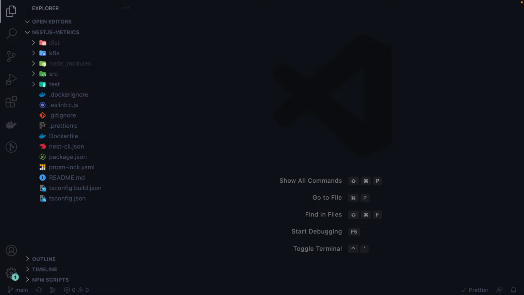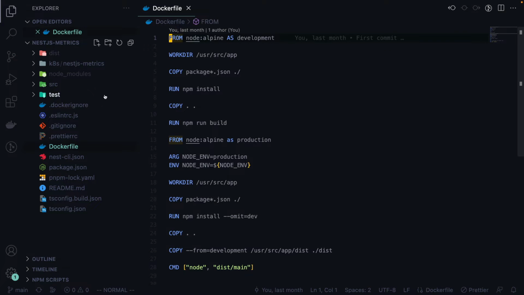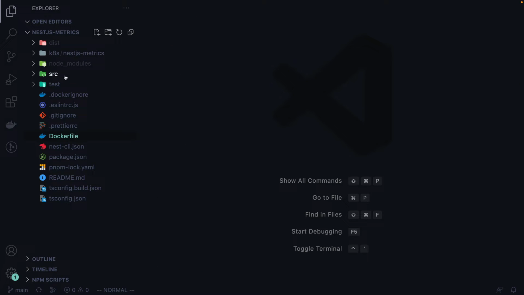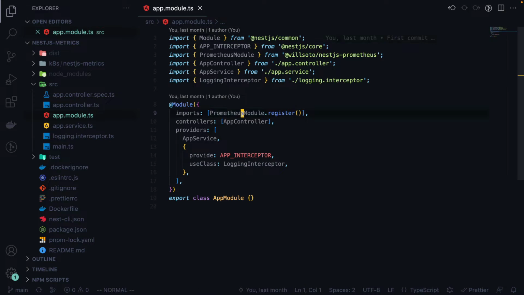So I've gone ahead and opened up the project in VS Code, and since we've already done the work of setting up this Kubernetes cluster in the last video, if you haven't seen that video, make sure you watch to catch up. We created a Kubernetes cluster where we actually Dockerized this application and were able to deploy it to a running Kubernetes cluster and actually get these metrics exposed and see them in a Grafana dashboard. And of course, we're using this Prometheus module here from Will Soto, Nest.js Prometheus, to expose metrics from our Node.js